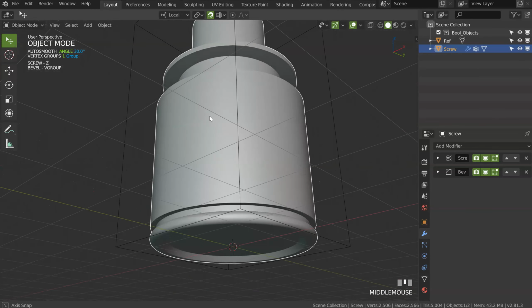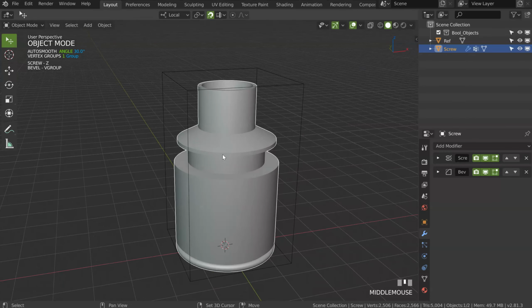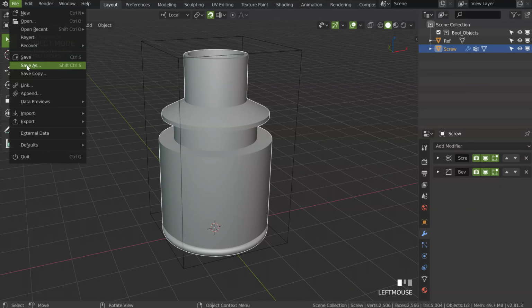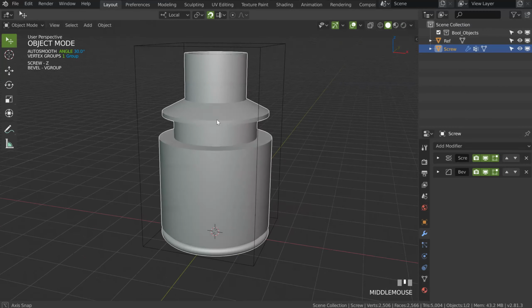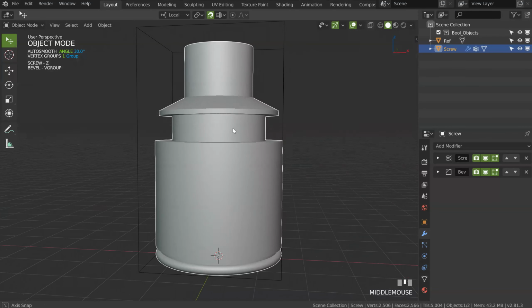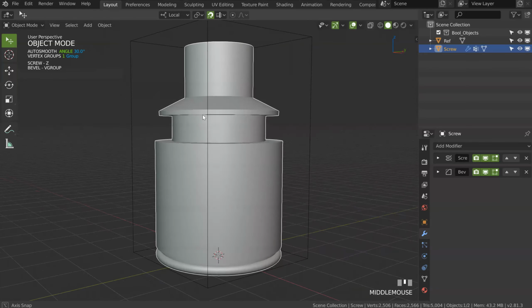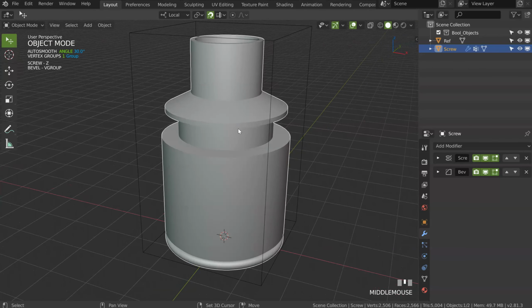Result. Okay? So, I will add one object here, but first, since this piece is okay, I will save my scene. Save as, select this one, plus, and save. Just like that. Always try to save as much as possible to have different versions, and you will be able to come back on each version.